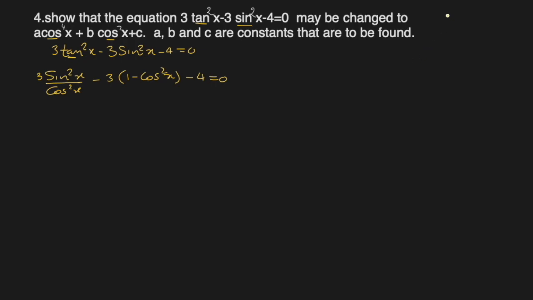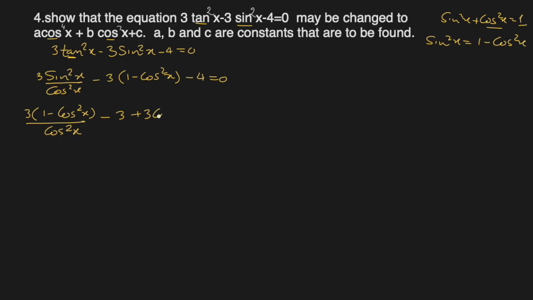How come this? We know this: sine squared x plus cos squared x equal to 1. This is a very famous identity. So if I take this cos to the right side, sine squared x remains here. It becomes 1 minus cos squared x. That's why. Okay, I'll convert this sine squared also now. So 3 times 1 minus cos squared x over cos squared x minus 3 plus 3 cos squared x, negative and negative become positive, minus 4 is minus 4